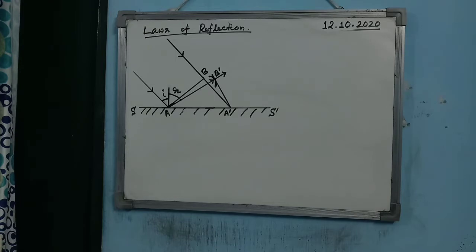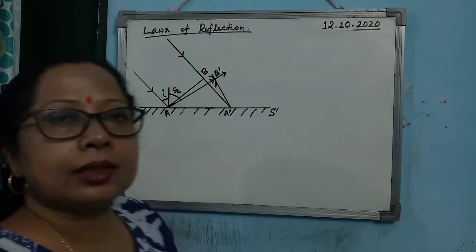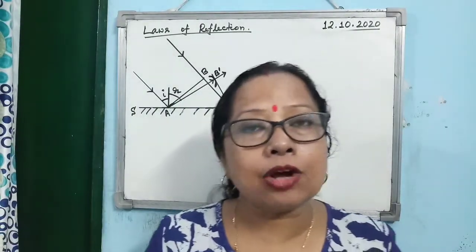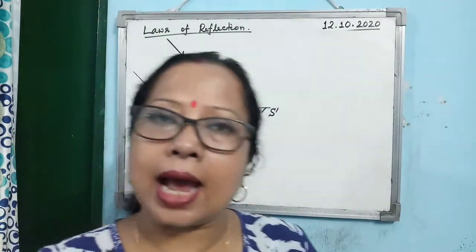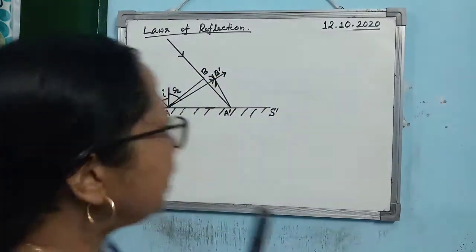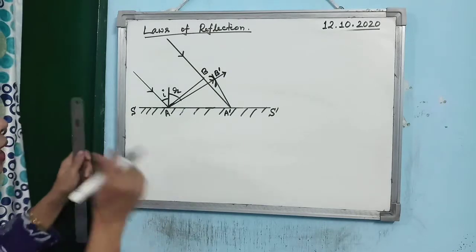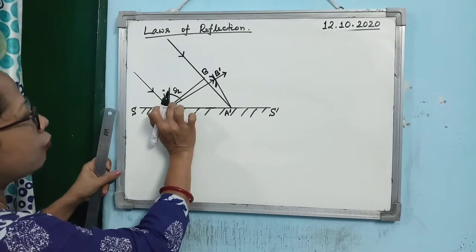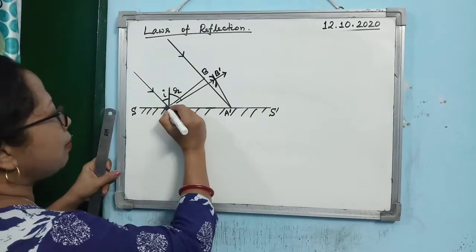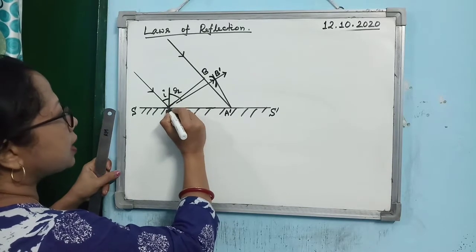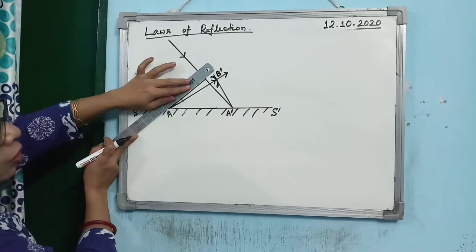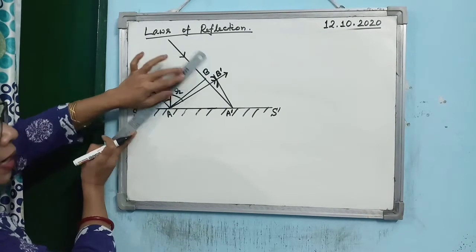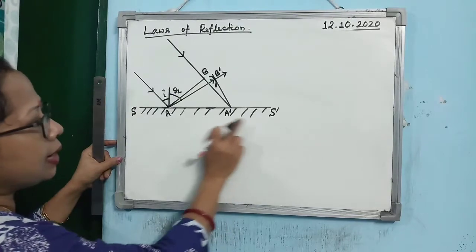First you try to understand it. So here you see the laws of reflection: the angle of incidence is equal to the angle of reflection, isn't it? I is equal to R. So here is how we can draw the diagram. Suppose we have taken the wave front as AB. Be careful, this is the wave front AB, falling on the mirror SS dash.